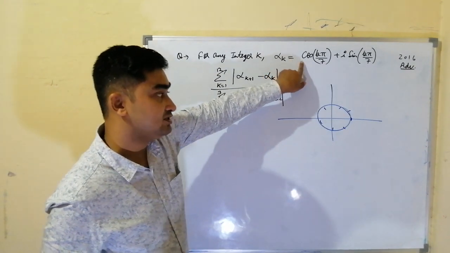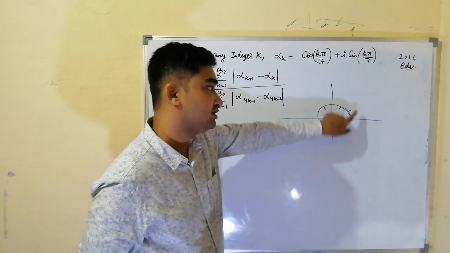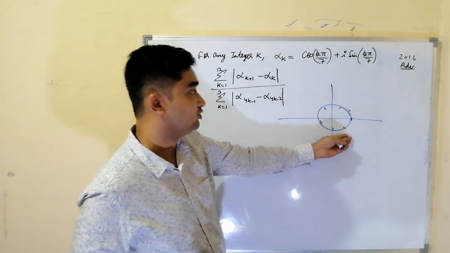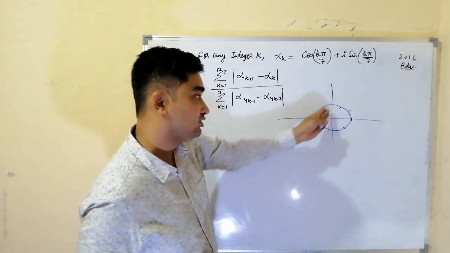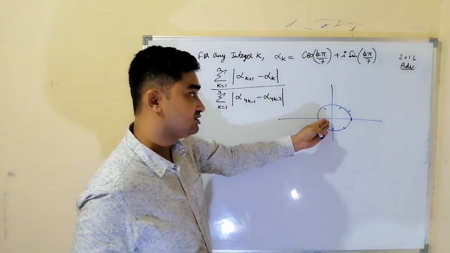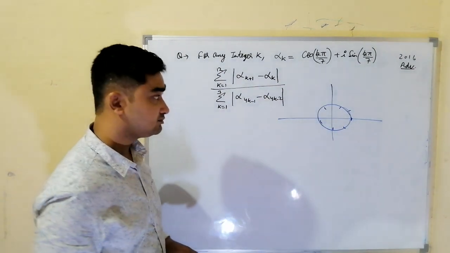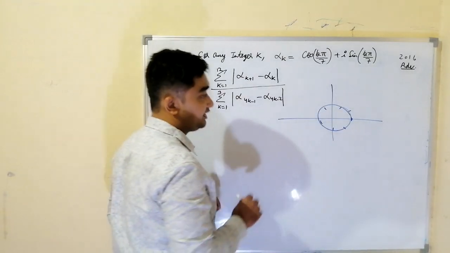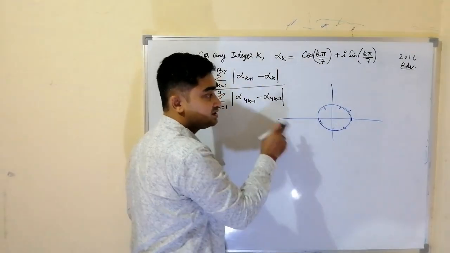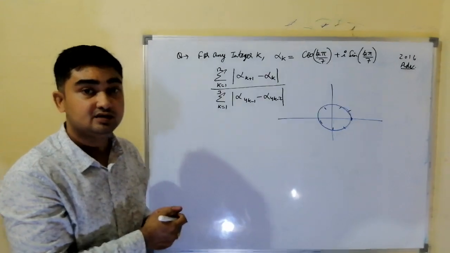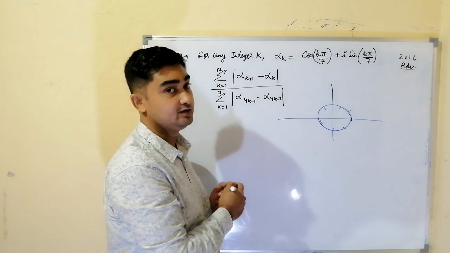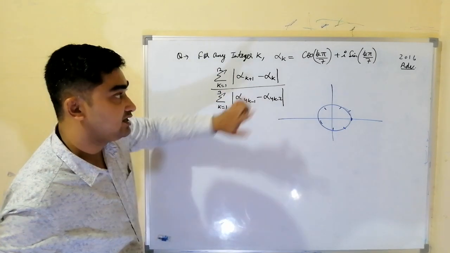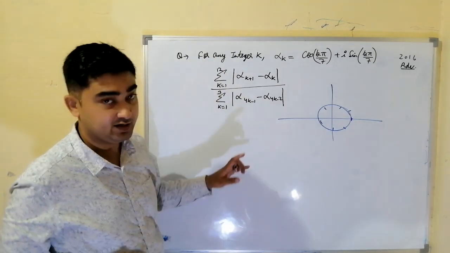For every alpha, modulus is 1. So they are the points on a circle with center at origin and radius equal to 1. This already we know, that nth roots of unity lie on a circle whose radius is 1 and center is at origin, and they make a regular polygon. And if it is 7th root, it means the number of sides of the polygon is 7 and it is a regular polygon. Now what they are asking is an integer answer type problem, so whatever answer we get, we'll get an integer.